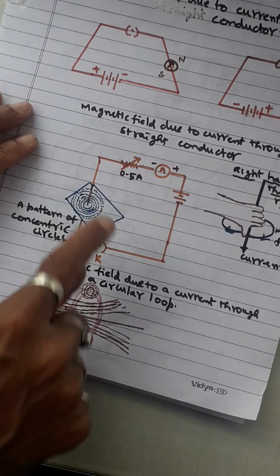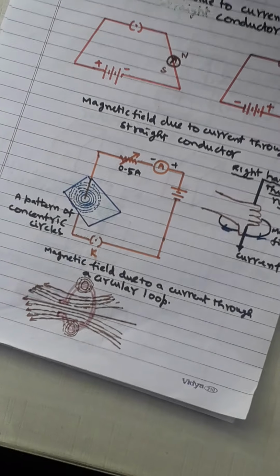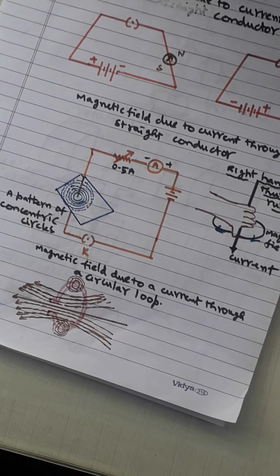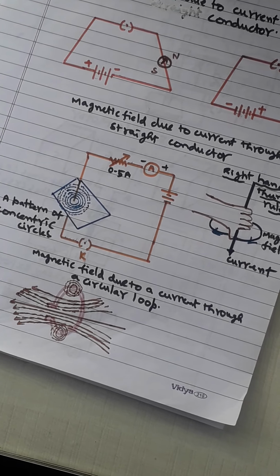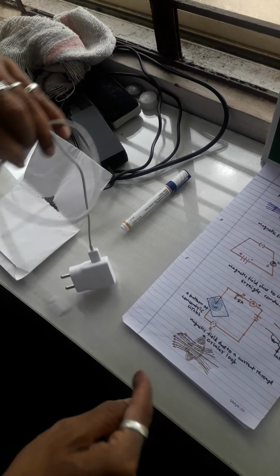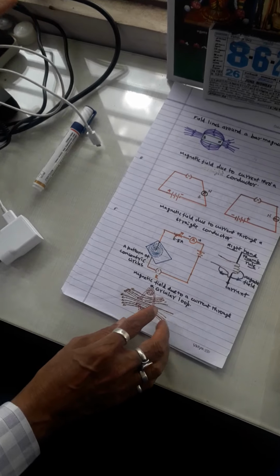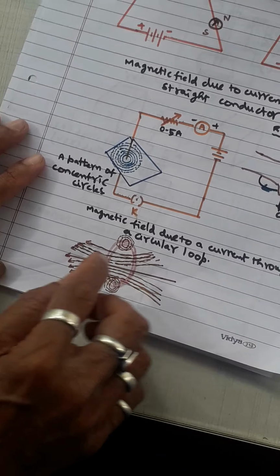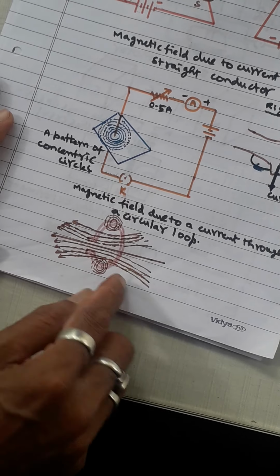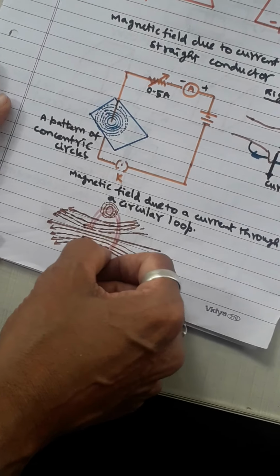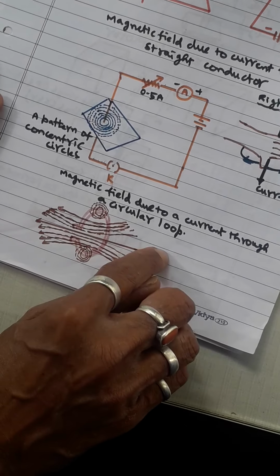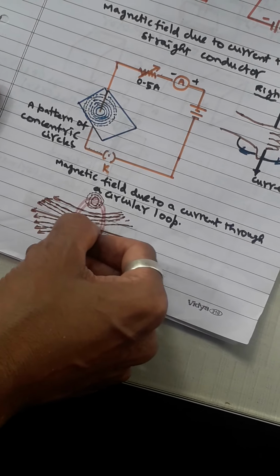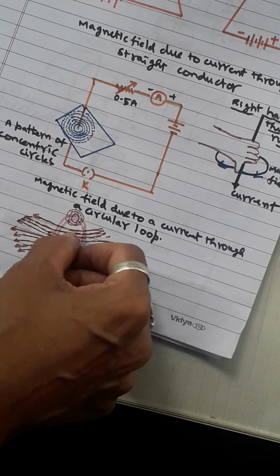Okay, next I have taken another diagram. Here, instead of a straight conductor, I am taking a circular form. How can we make a circular form? I take that same conductor in a round shape like this. If you take it in a round shape and keep iron filings around that conductor, we already know it produces a magnetic field. Inside the circular loop, you will find in the middle a center line, a straight line. Then the others will be more circular.